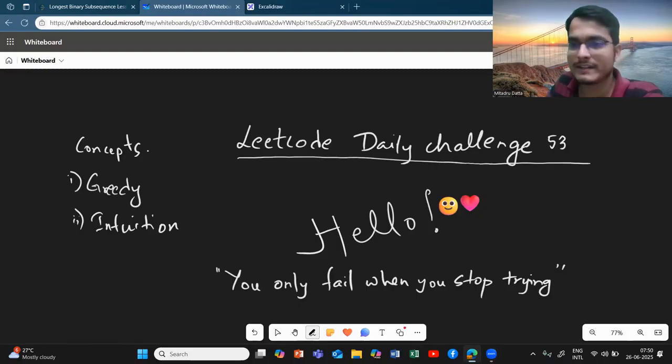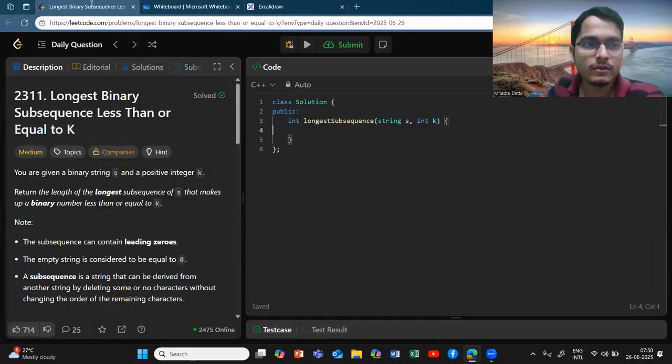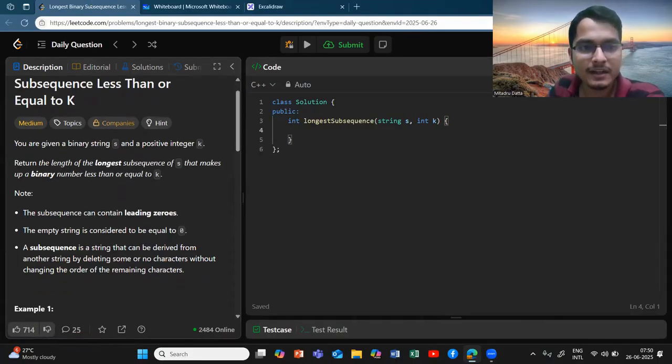So let's see today's daily challenge on Leetcode and try to solve it together. Okay. So we are asked to find the longest binary subsequence less than or equal to k. You are given a binary string and a positive integer k. Return the length of the longest subsequence of s that makes up a binary number less than or equal to